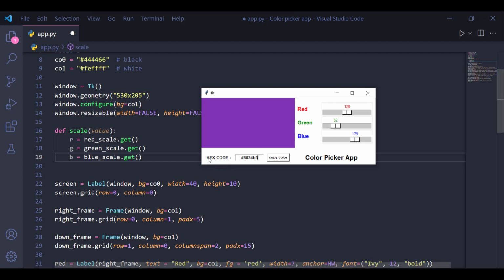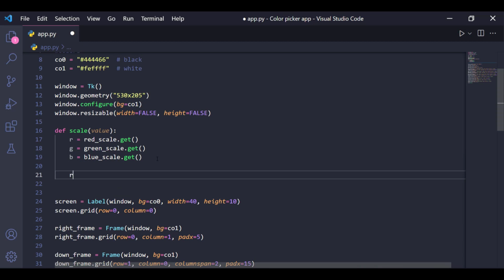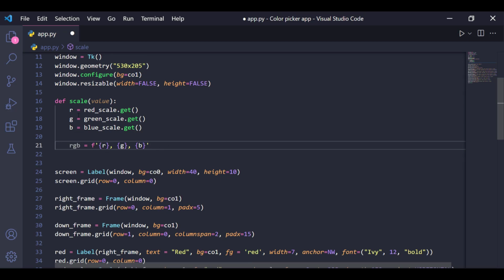First, let's format this. So RGB equal to, for formatting, just give F and a string, and inside that just give R, G, and B. Now we have a string which is formatted by these values, and now we are going to convert this RGB